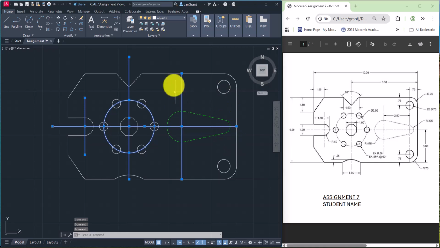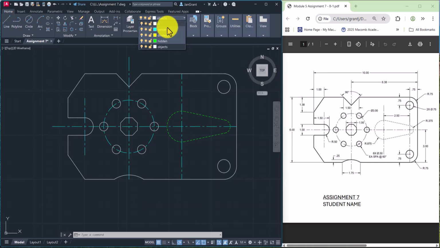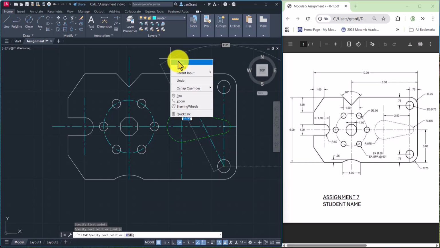Oh, we need another one there. Okay, we can drop this list down of layers and click right on center. You can see that they move to the center layer. Yeah, it looks like I probably deleted this one, so I'm going to go back and set the center layer current. Then I'm going to start the line command. I think what I'll do is I'll go from center circle to center circle, and then right click and enter,